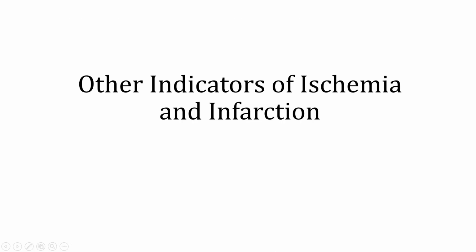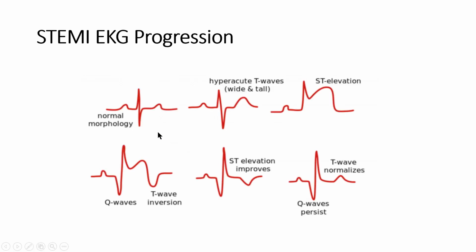or headache. To round out our treatment of indicators of ischemia and infarction, let's review the evolution of a myocardial infarction as it shows up on an EKG. So if we start here in this upper left-hand corner, this is a person that is completely normal with normal coronary perfusion. Here is a patient with early coronary thrombosis, and the first thing that we're going to see is